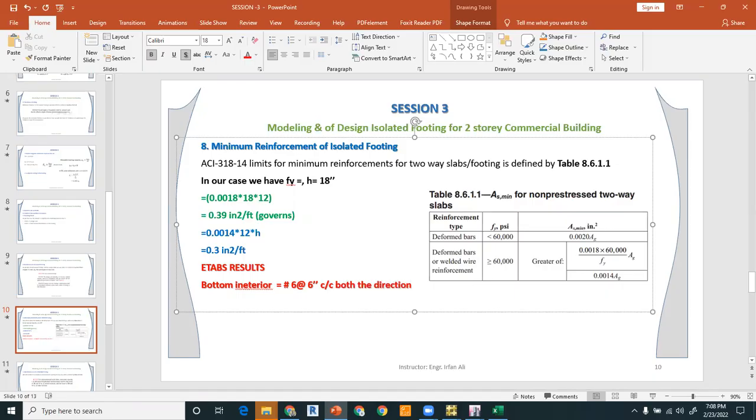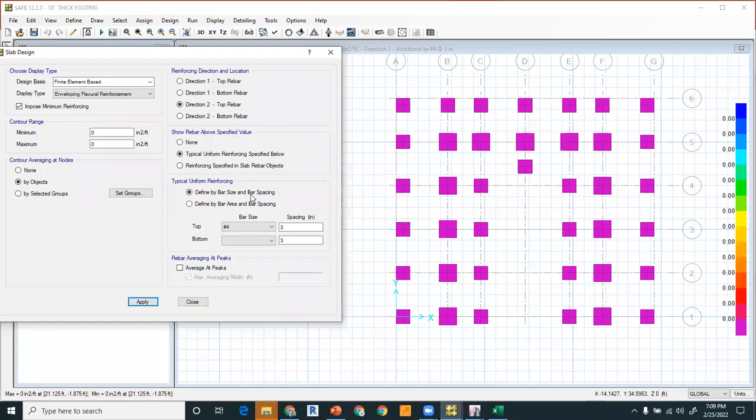You can also play with the reinforcement, as I have told you, to make it economical, and how you do that I have just shown you. And for the bottom exterior, we have selected that we will use number 6 bar at the rate of 3 inches center to center, right? And this is because there will be too much unbalanced moment coming from the earthquake forces, right? If you do not import the earthquake forces from ETABS, it will show you only the bottom reinforcement, not the top reinforcement for the interior, which is not good design practice,